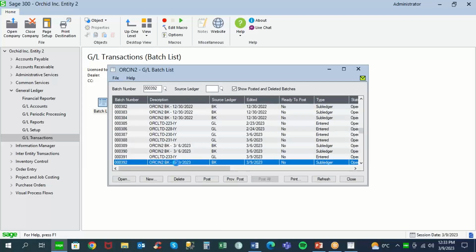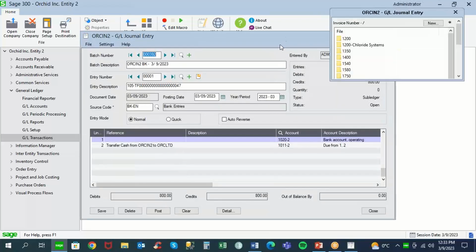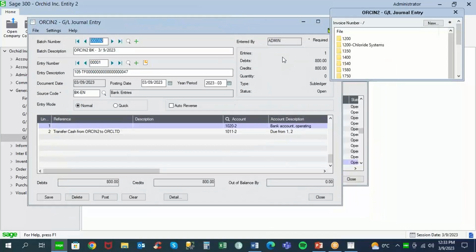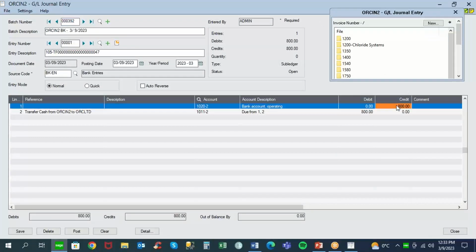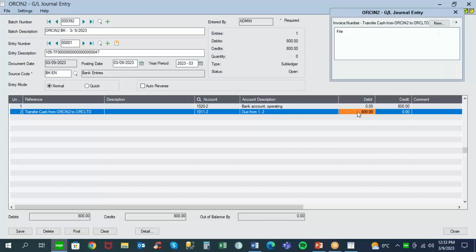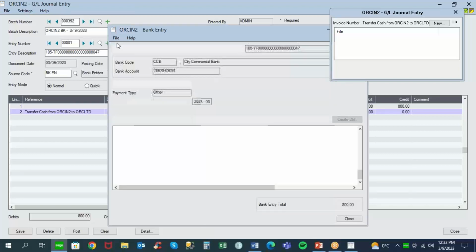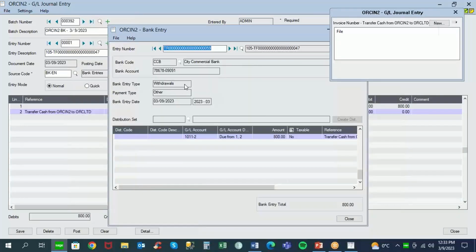And there's the bank entry from today's date, March the 9th. And here we have the credit to their bank account, which was a withdrawal, and the debit to their intercompany payable. And if we drill back to bank services, we see the bank entry, which is a withdrawal from their bank account. So we've settled the loan account intercompany due to due froms by doing a bank transfer and allowing